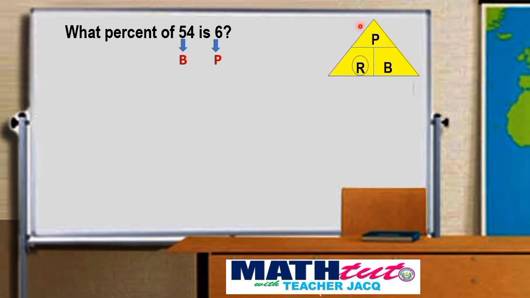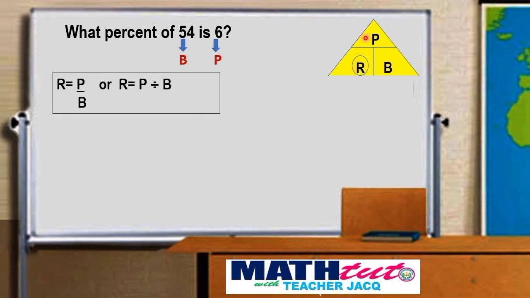So let's look at the magic triangle. Rate is missing. So our formula is R is equal to P over B, or R is equal to P divided by B. So, let's substitute. R is equal to our P, which is 6, divided by our base, which is 54. So, 6 divided by 54 is equal to